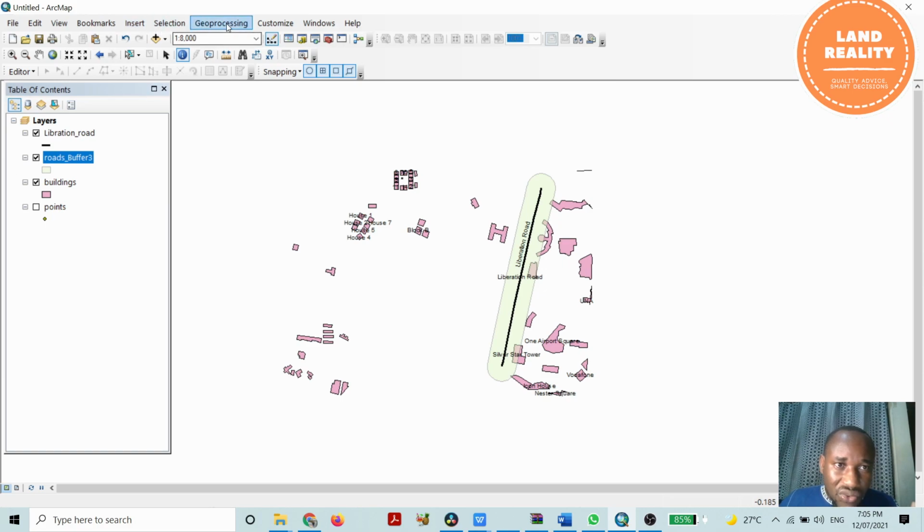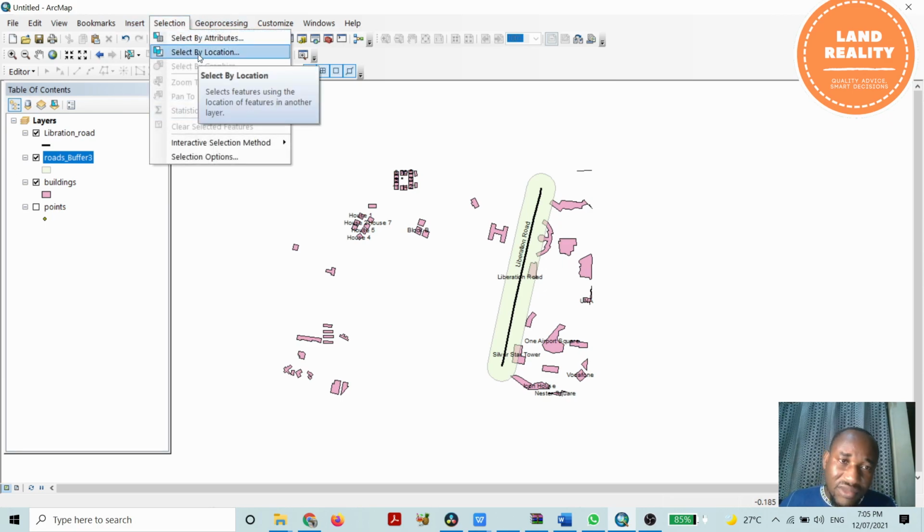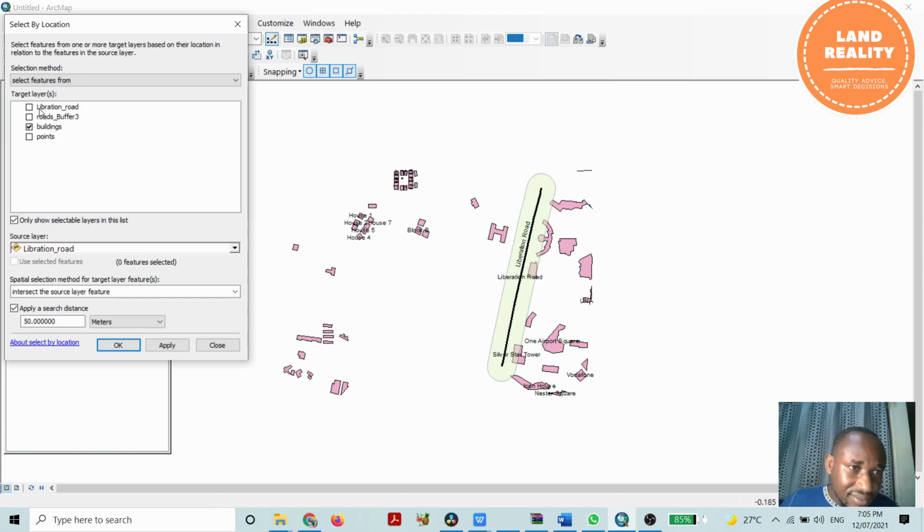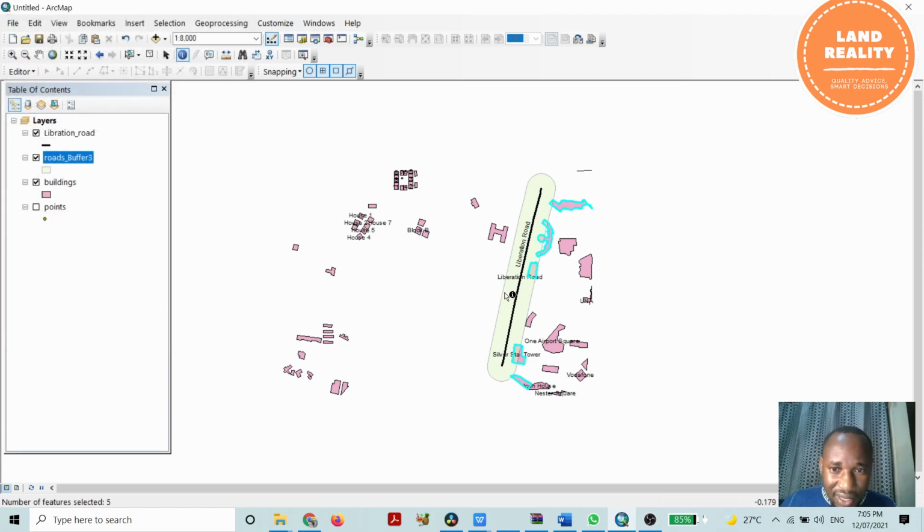and you can do it through selection by location, where you find all buildings. Source is Liberation Road, that intersect the layer, and then 50 meters. You can click OK. You see it has shown you buildings that are within this distance of 50 meters. So with this we can deselect here. Now if you also want to find out activities that are happening